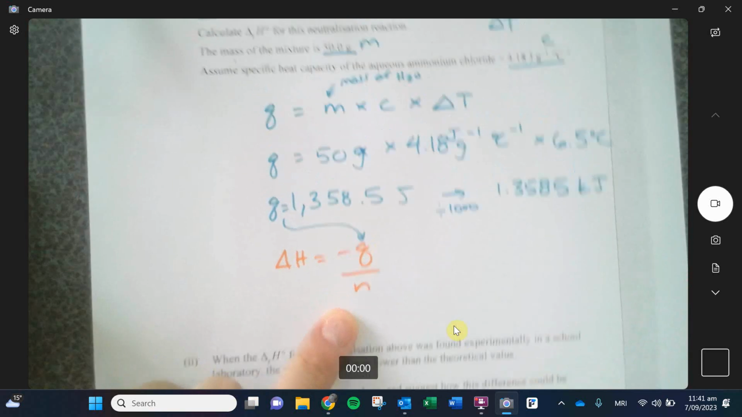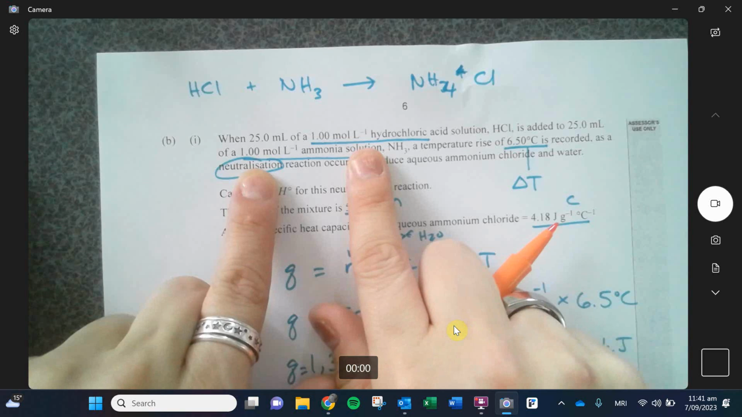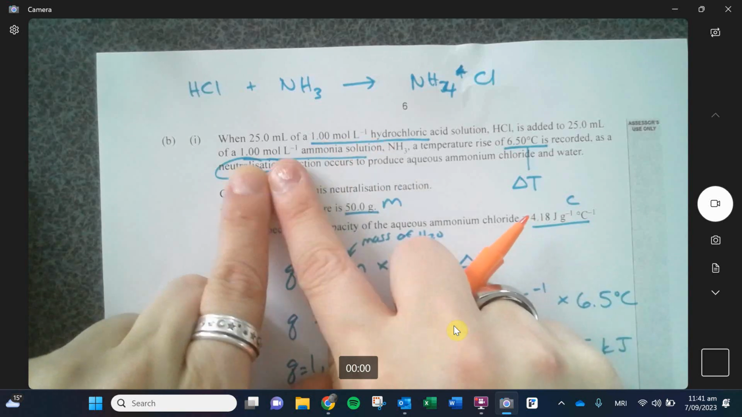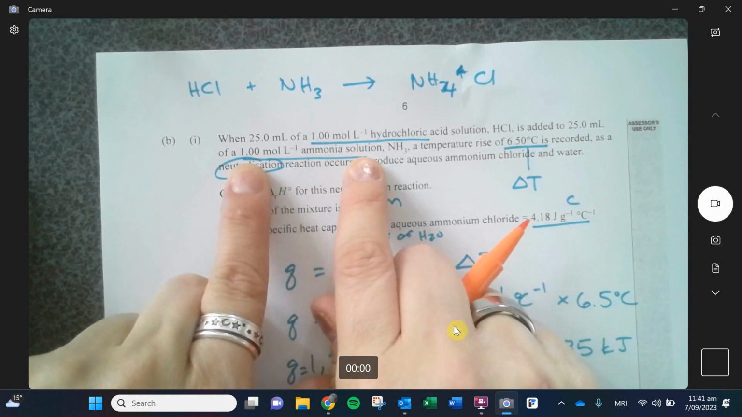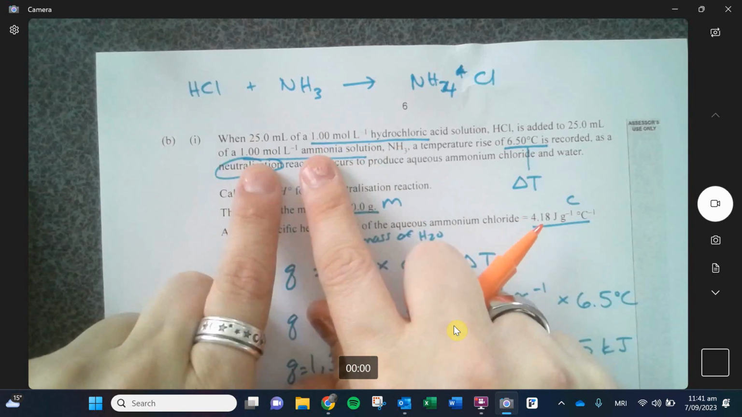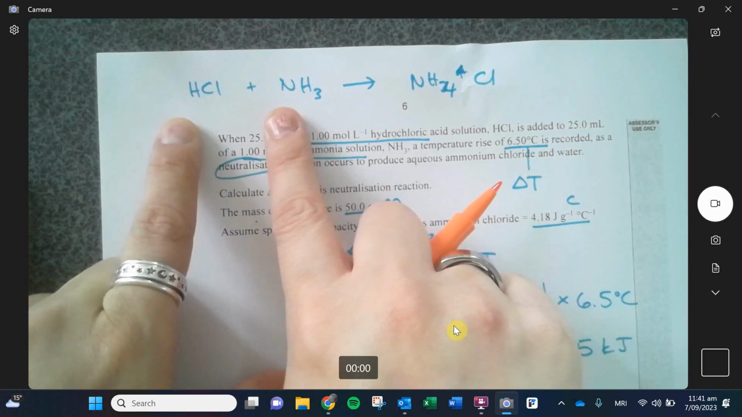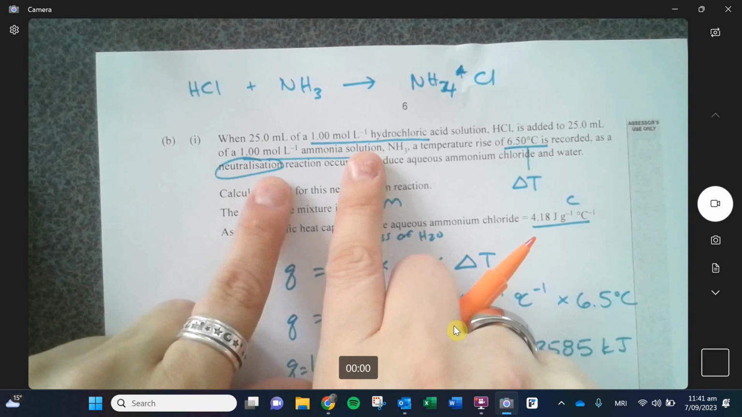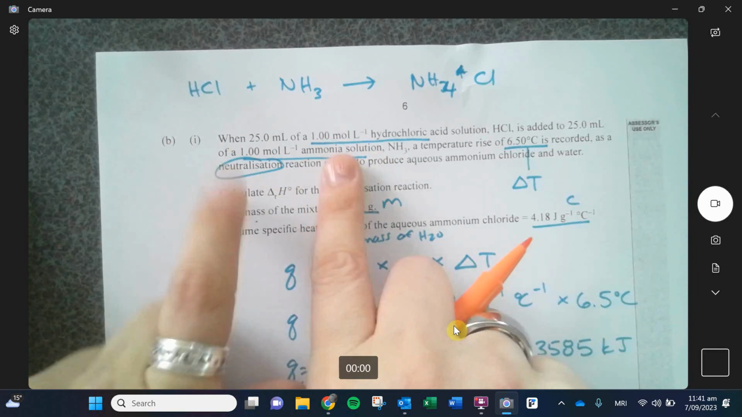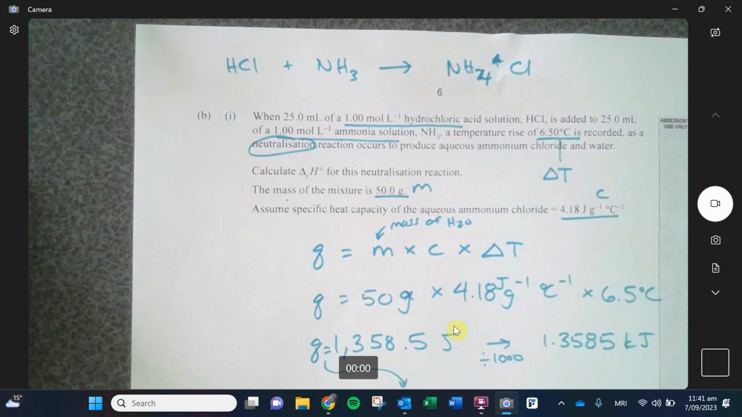I do know the moles because they have given me some information at the top. What they have told me is that we have 1 mole of hydrochloric solution and 1 mole of ammonia solution as well, so they are at the same concentration. When I look at the equation, they are a 1-to-1 ratio, so they are basically the same amount. They are balanced. So if I was to do some math to double check the moles being provided from each one,